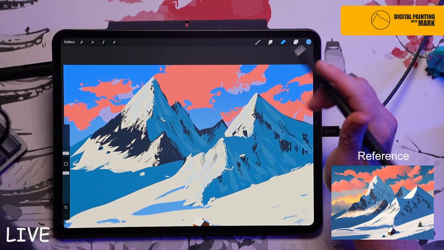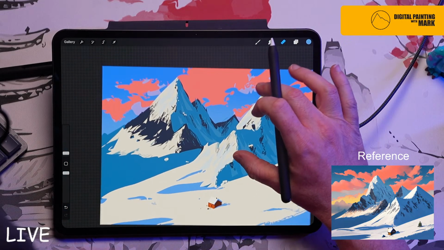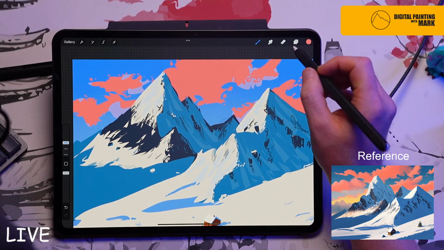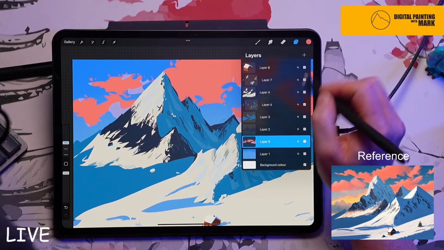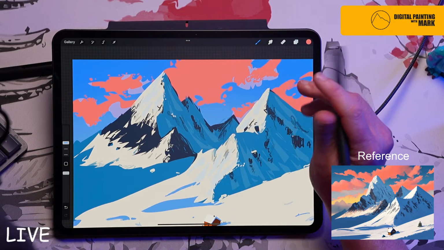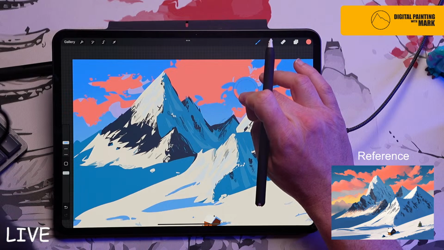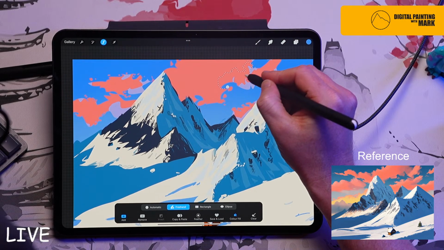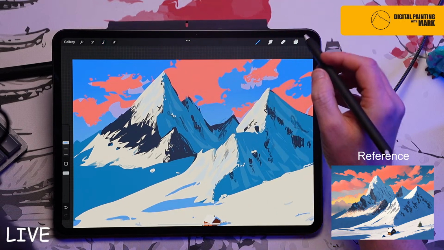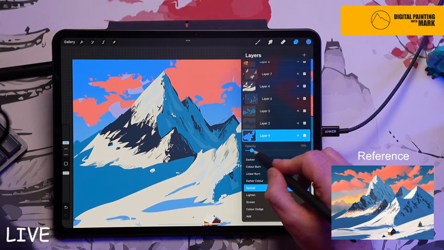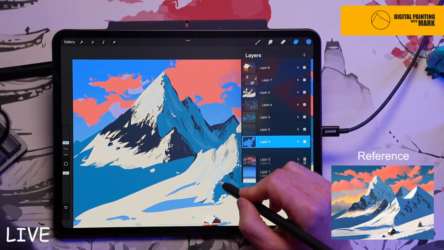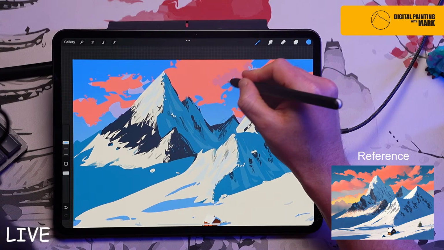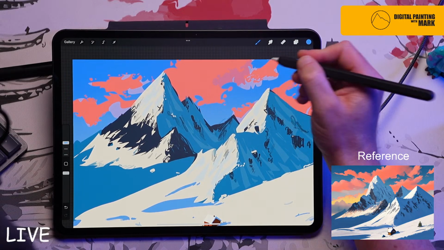Alright, the problem with the clouds is I need a color between this and this. So one way to do that, if we can't work out the color, which is quite difficult sometimes, just take the actual color of whatever is next to it, do that, and then you can just change the opacity down, and then it'll be the correct color. So if you didn't know what you wanted, it's a nice trick